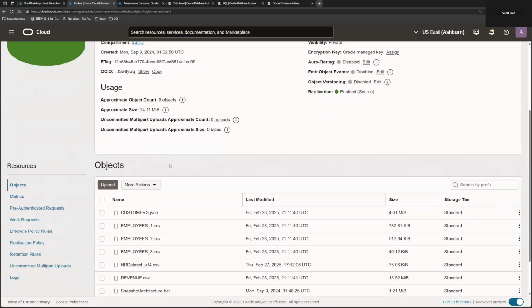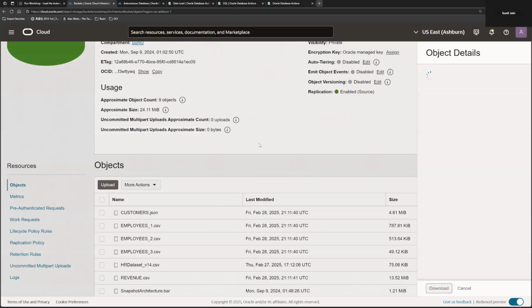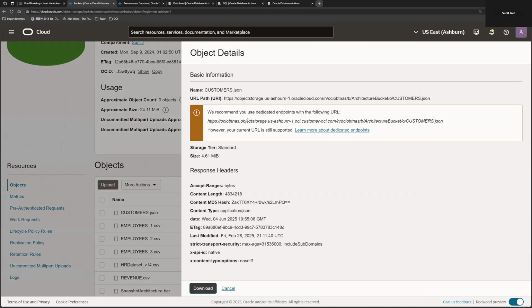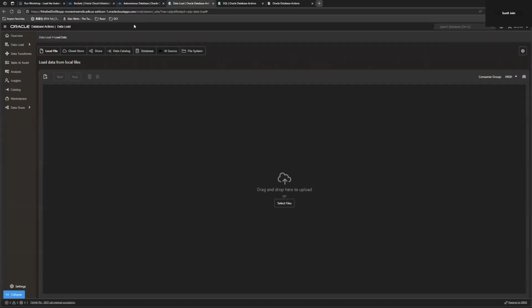When you're looking to get your details, you can click view object details. And what you want to do is you want to get the URL path, the URI here. And we'll click here and go till the O, copy it,